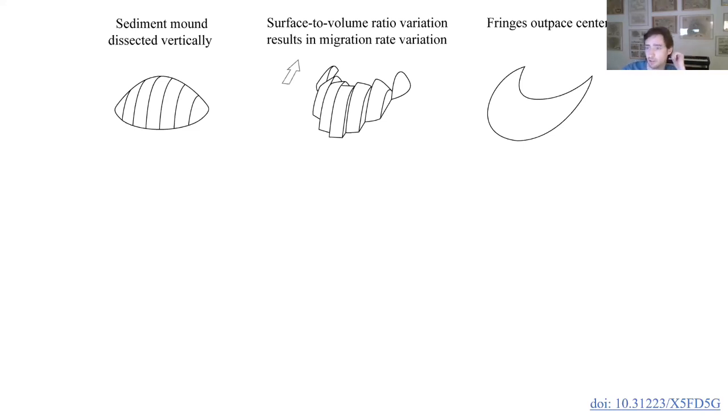They're sometimes called dome dunes or proto-dunes. But you can split this shape into different segments that each have their own surface to volume ratio. And what you'll find is that the fringes have a higher surface to volume ratio and should outpace the center. So you get this U-shaped